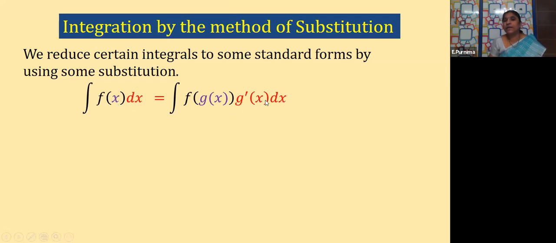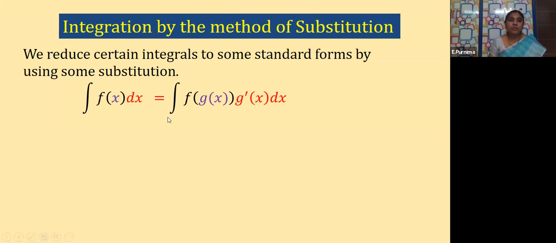That is nothing but g dash x. G dash x is nothing but what? Derivative of this g of x. So the same function means this is the term which is going to replace. Understood? This is the term which is going to replace. So this term, the term which is going to replace, I am considering it as some g of x, another function, I am taking it as a separate function, and this function has to be differentiated as g dash x.